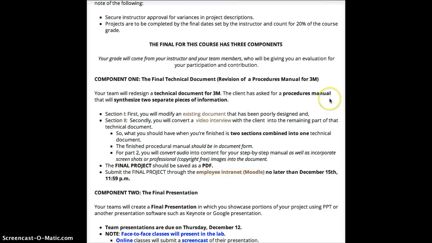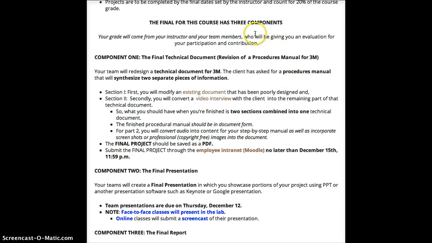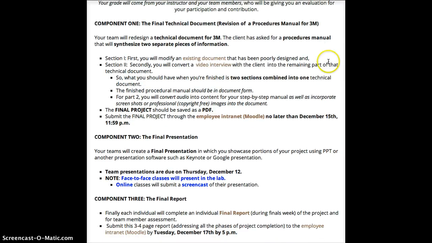So let's talk for a minute about the final for this course and the 3 components that comprise it. Your grade will come from me, your instructor, as well as your team members who will be giving you an evaluation for your participation and contribution. So it is very important that each member of the team play an active role in the creation of this project. The first component, component 1, is the final technical document, which is a revision of a procedures manual